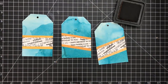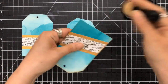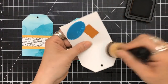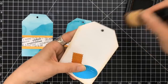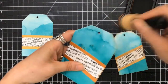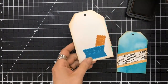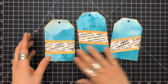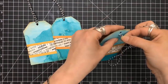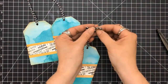Now, usually I make tags double layer. I like to have another layer just sitting in back of it so that I can just glue the tops together and then score down from the top a little bit so that you can prop it up if the recipient wanted to keep it and put it on a shelf or something. That's what I usually do with tags. But I just wanted to show you another way to make a tag. Here's how you can embellish the back. And you'll be able to have room to write your sentiment or what you would like to say to the